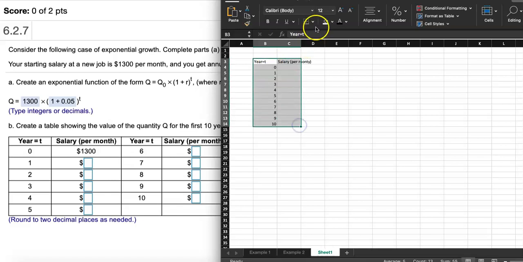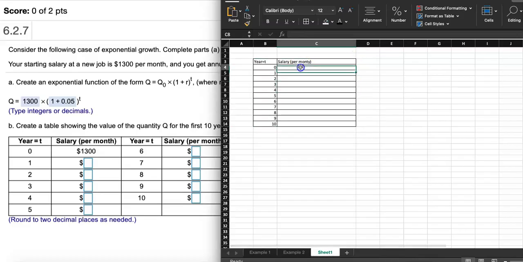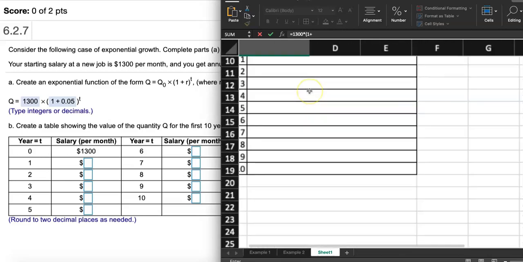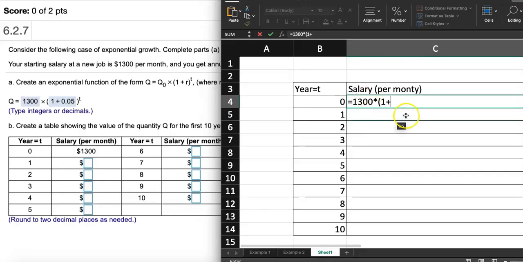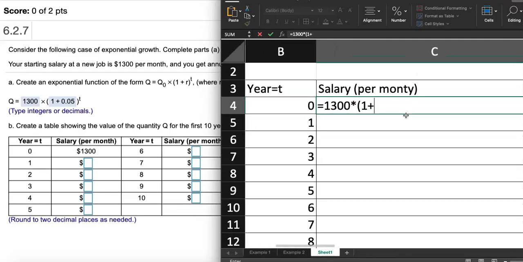Okay, if I want to make it look more like a table, I can make it more like a table. But I'm just using this to do the calculation. So first one, I will do equal sign 1300 times 1 plus, I don't know if you can see it. Let me go ahead and zoom in. Maybe you can see better. All right, 1 plus